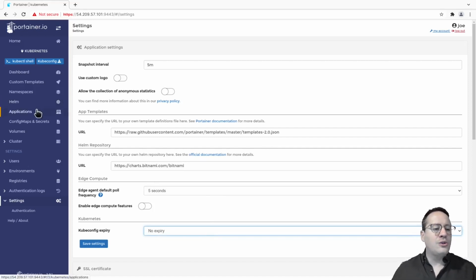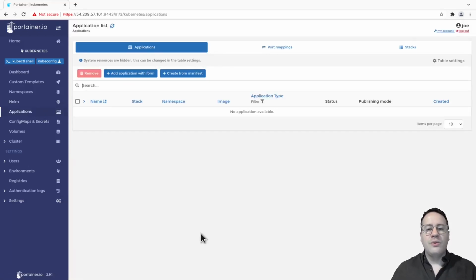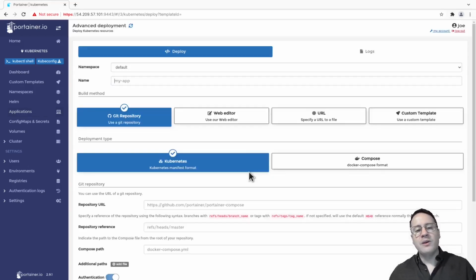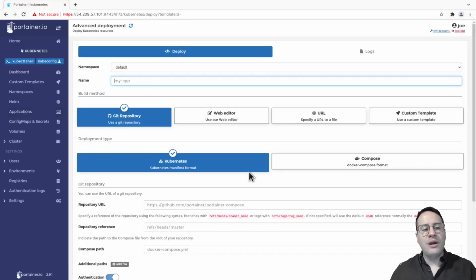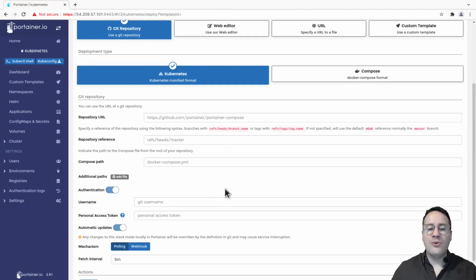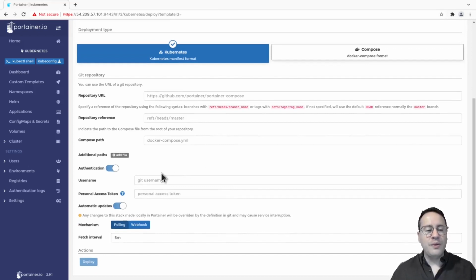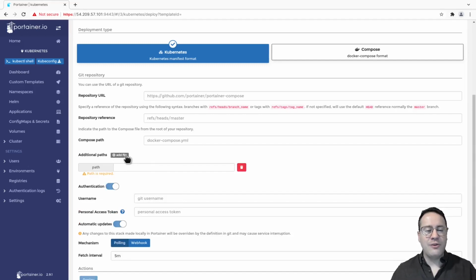Okay, let's go to our next feature, which is what we're calling a lightweight GitOps. What is that? If you go and try to deploy an application via the Create Manifest button, you see we allow integrating Portainer with a Git repository that now you can monitor for changes via a polling that you can determine here in terms of fetch interval, the time interval that you want Portainer to poll this Git repository to check for changes on a given file or set of files that you have here that you can add